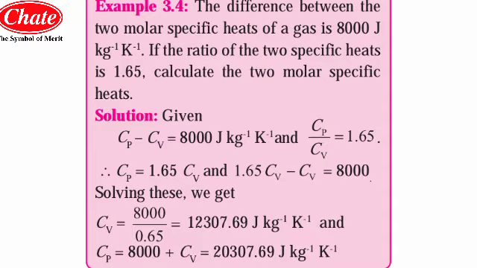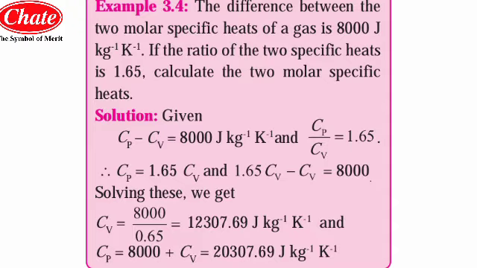If we rearrange Cp upon Cv equal to 1.65, we can write Cp is equal to 1.65 Cv. So we can put this value of 1.65 Cv as the Cp,